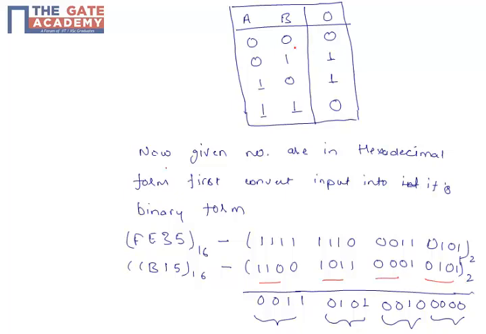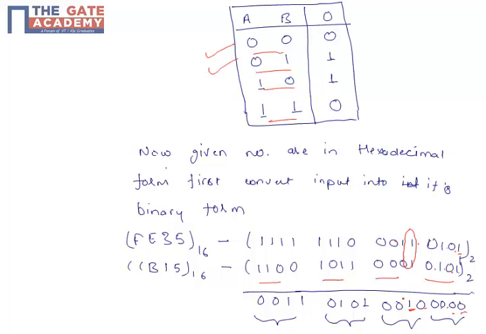Now with the help of the truth table explained previously, we will XOR our inputs bit by bit and get the output here. Starting from the left hand side, we have 1 1 on both inputs. The output will be 0. For 0 0 our output will be 0. And where are we getting this from? We are getting this from our truth table. Again for 1 and 1 it is 0. For 0 and 0 it is 0. For 1 1 it's again 0. And here, see, for 1 0 your output is 1.